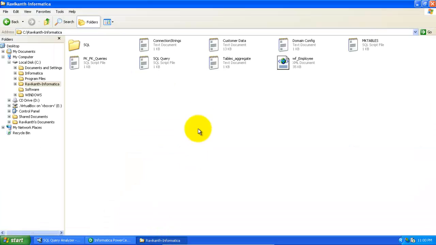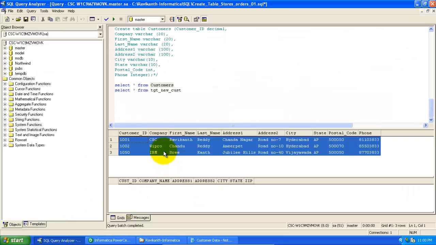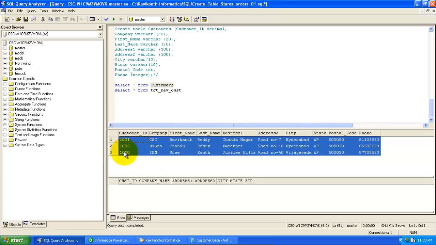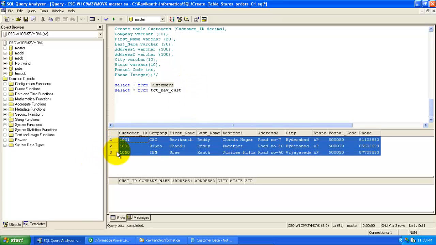But in the flat file, I can see 100 records existing. Once I start loading these records, while loading, the lookup transformation should see all these three records, and these three records should be omitted. So this is my lookup table where I need to look for existing records. This is my customers.